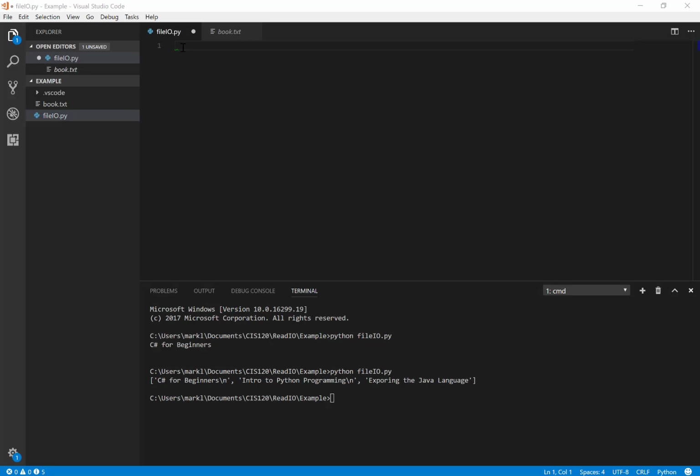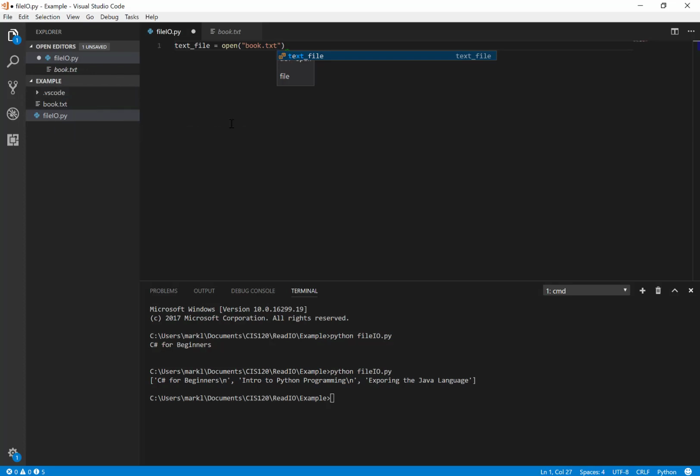All right, so the first thing we need to do is open a stream, open a connection, get a hold of our book. In order to do that, I'm going to create a variable called text file equals, and we use this method called open. And open has two parameters or arguments that we need to send it. We're going to send it the name of the book. In my case, I don't have to do anything else except just name the book, because the book and the file that I'm writing from, this file.io.py,